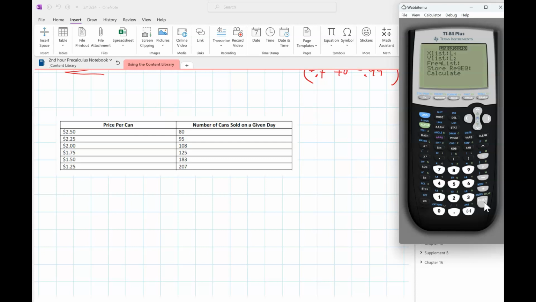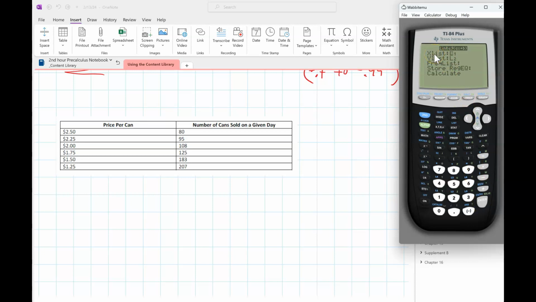Now, my calculator gives me a menu. Wade, your calculator is just going to put that on the home screen, right? So I'll deal with you in just a second, but just sit tight and I'll tell you what to do. But yours can do everything that ours can do. The way you're going to do it is going to be a little bit different, but that's fine. All right, in the menu,